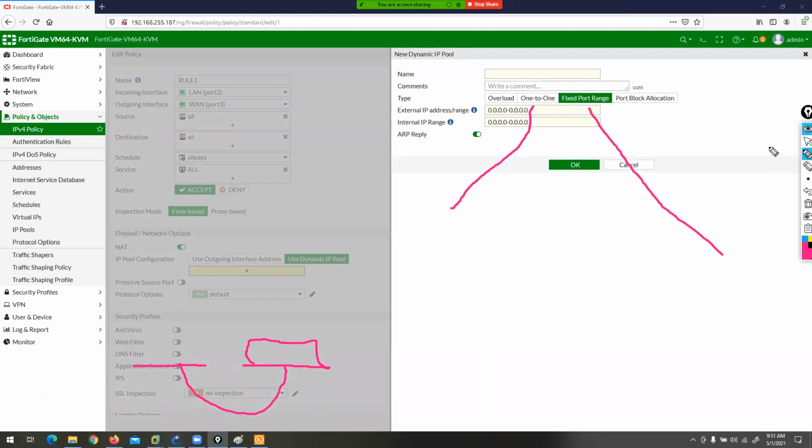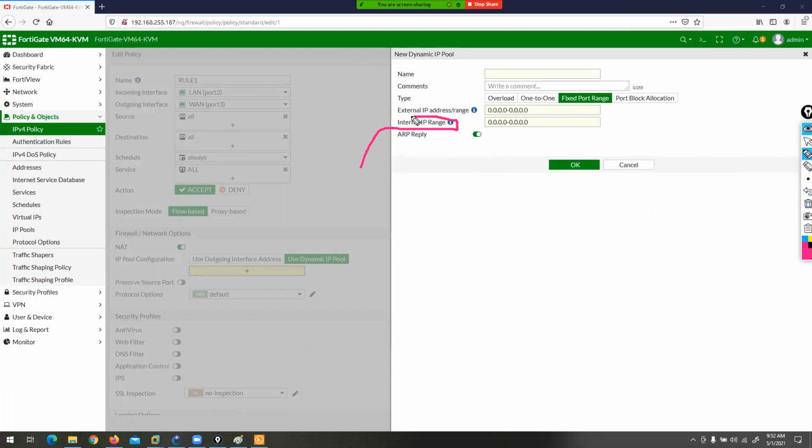In one-to-one, if you select this option, you can only specify your public IP address. But with fixed port range, you can define both your internal IP address and external IP address. Like, I want to allow this internal IP address range to translate with this external IP address range. So I can define both.